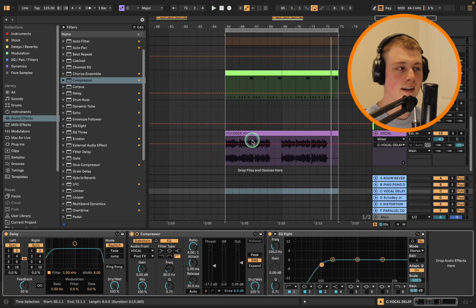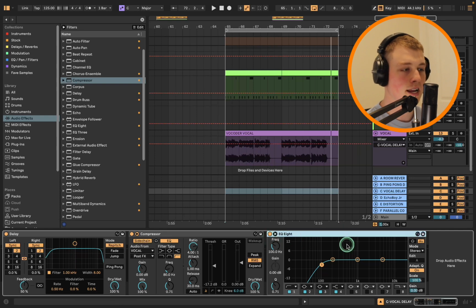So essentially it's letting the vocal still be the main element of the track, which is what we want. And it's not letting the delay get in the spotlight of the vocal. Whereas if it was off, that's where the delay would be trying to overpower the vocal. So with this turned on and with the sidechain on, it's just going to help duck the space that we need to let that vocal shine through. I've got an EQ after it just because I don't want any frequencies under 100 Hertz to be delayed, but